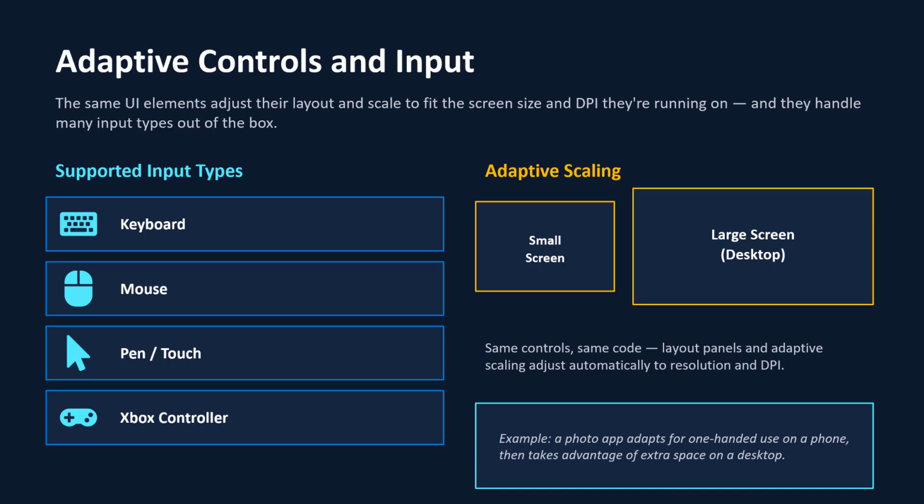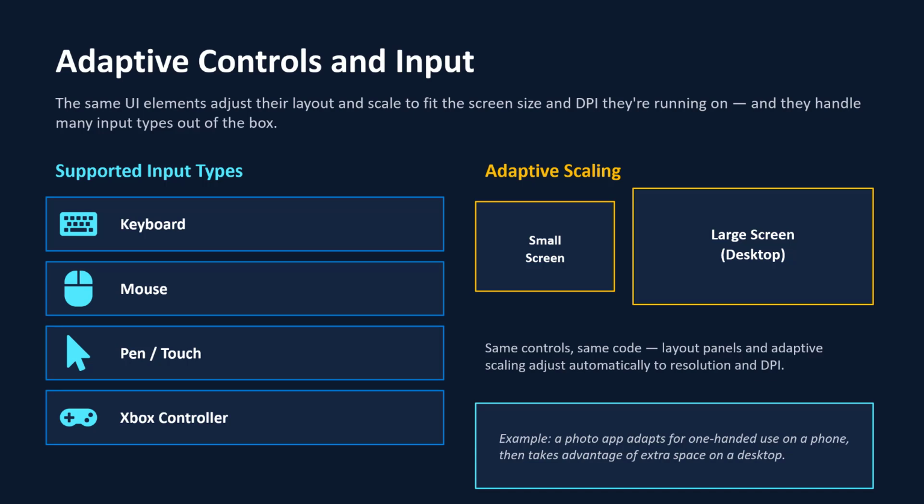So have a look here on the left at the different input types that UWP apps handle out of the box: keyboard, mouse, pen, and touch, and even things like Xbox controllers. Your app doesn't need special case code for each of these. UWP's common input handling means a button click works whether it came from a mouse, a finger tap, or a